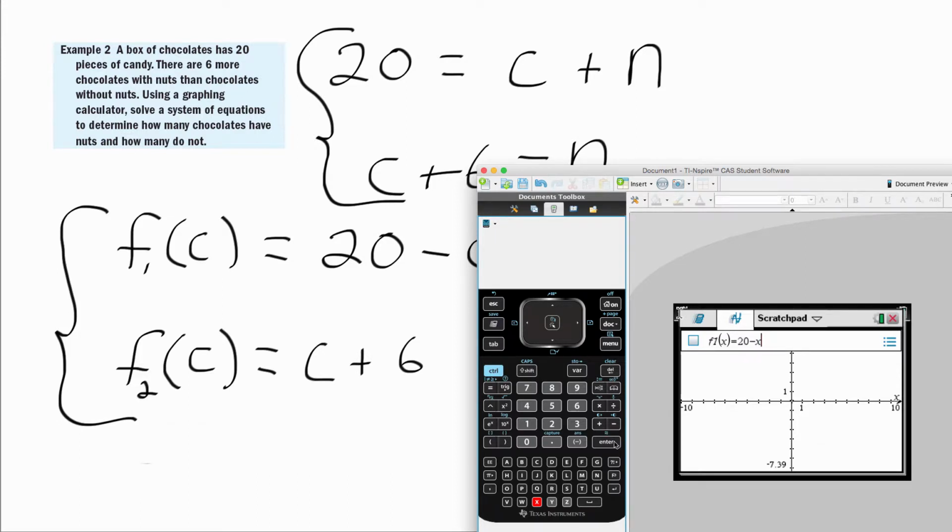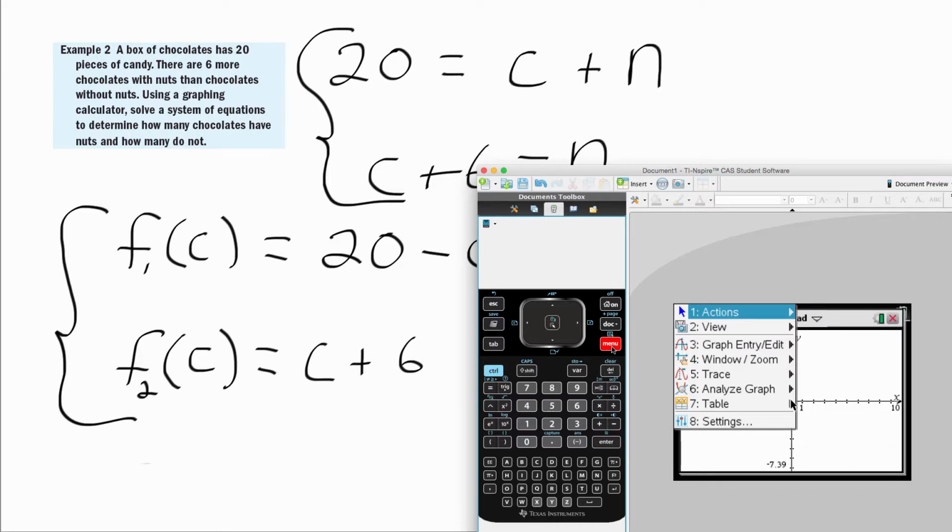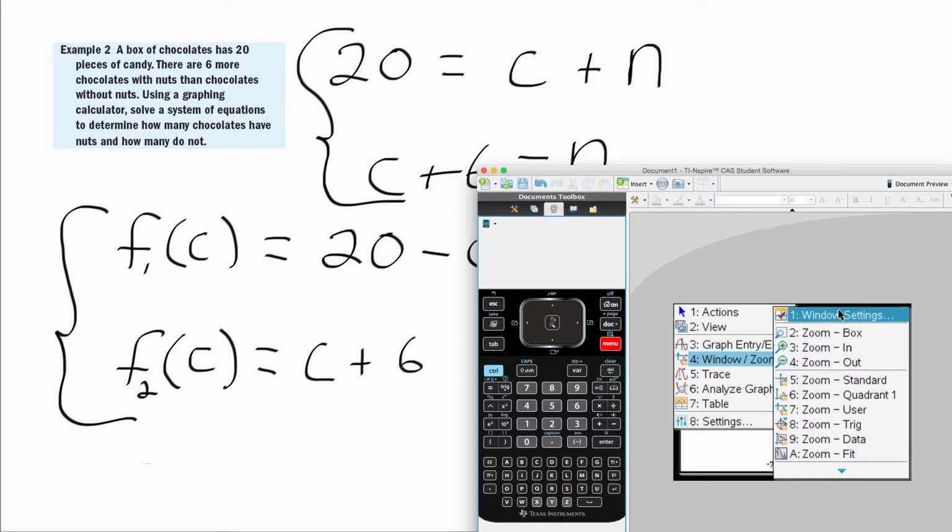And we'll enter that. I don't see anything. Well, my y-intercept will be 20, right? And my x-intercept will be 20. So I'm going to go with that. So window, settings,